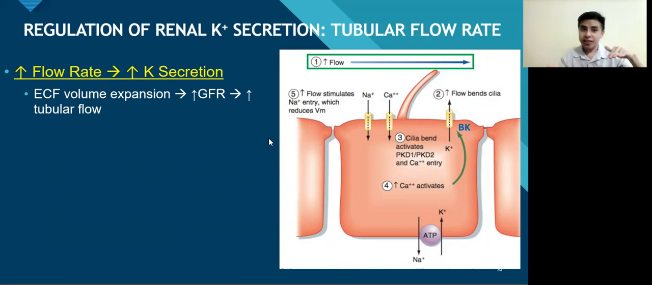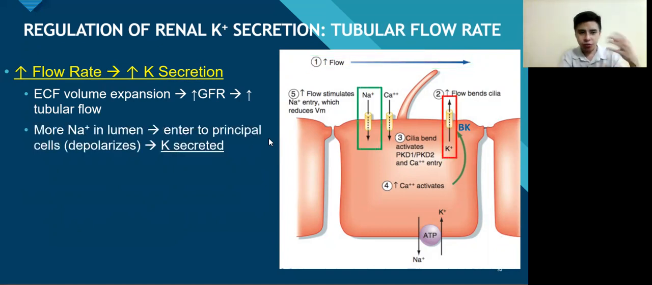But high flow rate, increased potassium secretion. So again, they nullify each other, balance lang. So more potassium, more sodium. By the way, you can see here, more sodium in the lumen, it will cause the high flow rate will bend the cilia. When you bend the cilia, you activate these channels. So sodium goes inside, calcium goes inside, and calcium will enhance this potassium channel so that it will enhance potassium